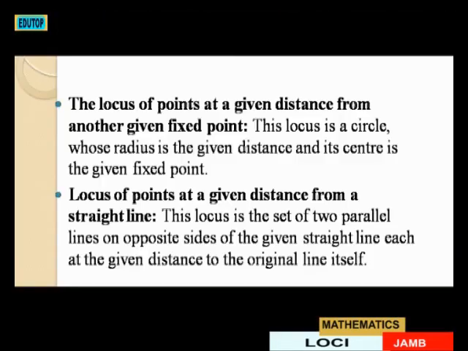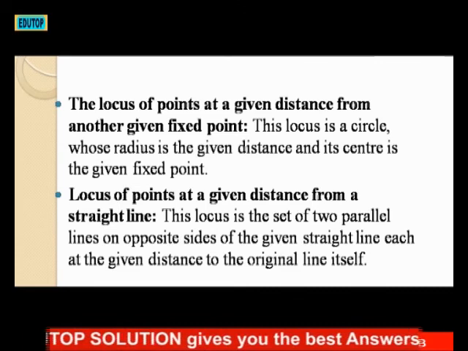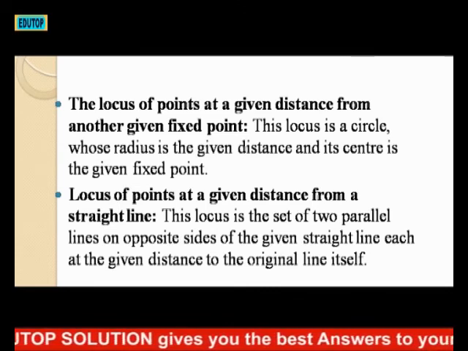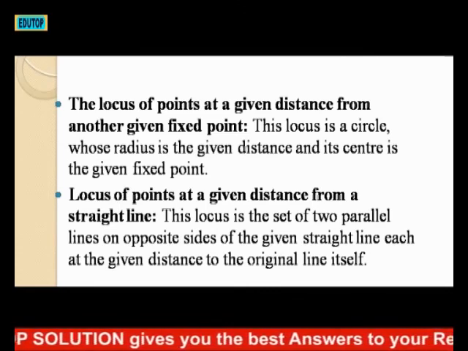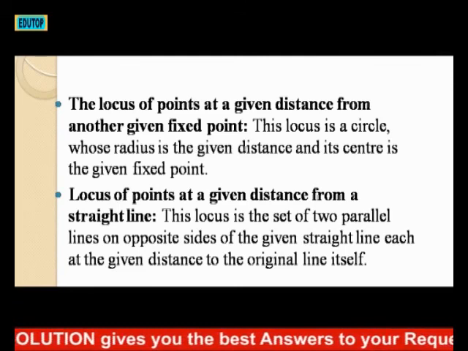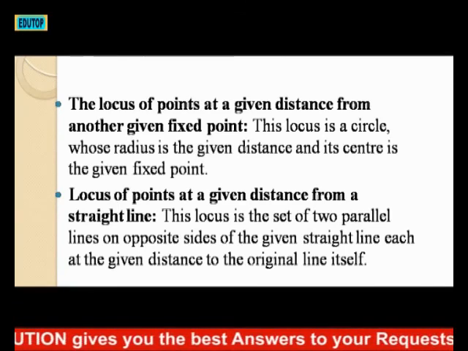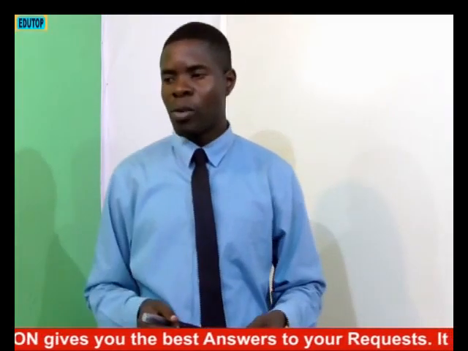Then 2, the locus of points at a given distance from a straight line. This locus is the set of 2 parallel lines on opposite sides of the given straight line, each at the given distance to the original line itself. Then point 3,